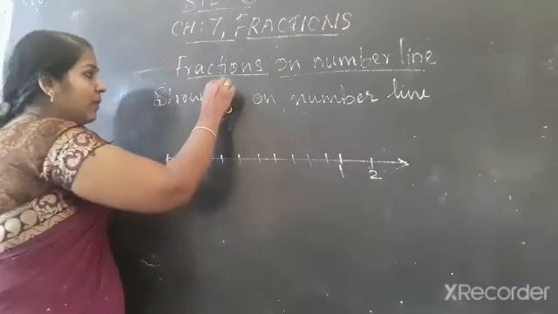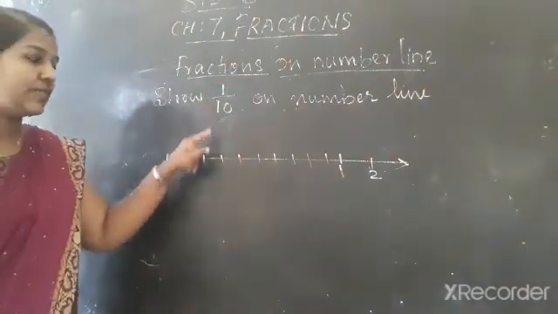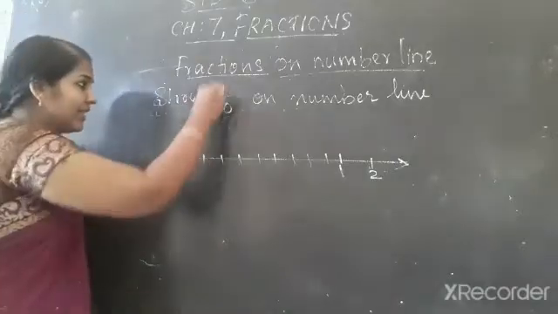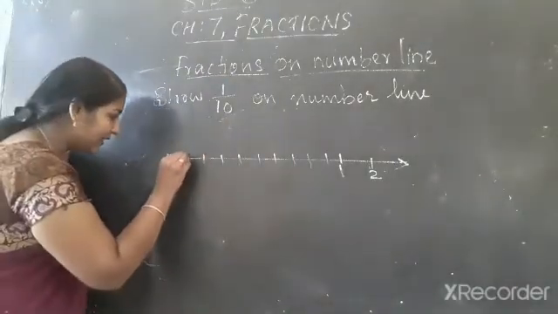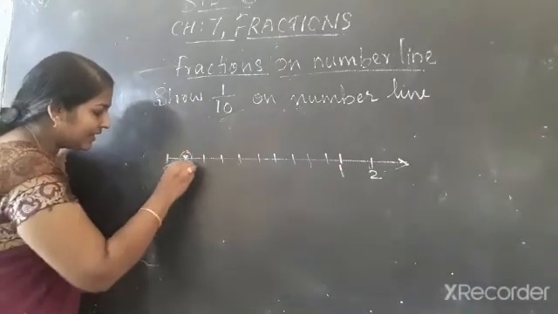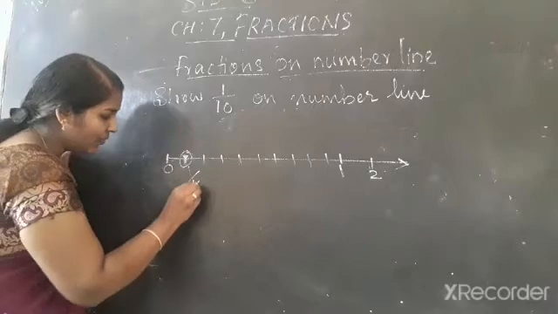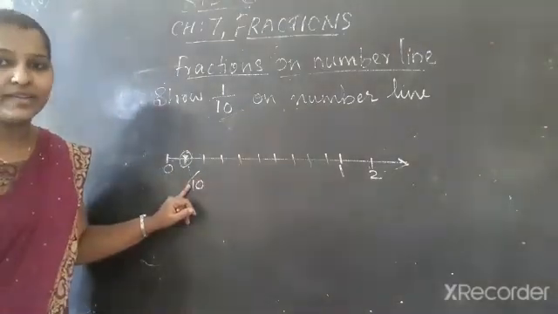Now you have to plot the first part, or first line, of this one. So that is 1 by 10, 1 upon 10. So this is the first one. So you can mark this one and you can write down here 1 upon 10. So this fraction shows 1 upon 10.